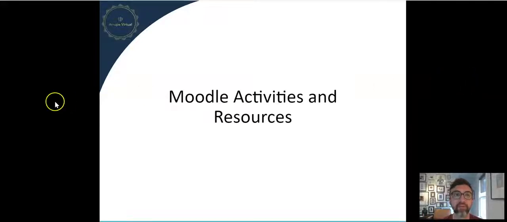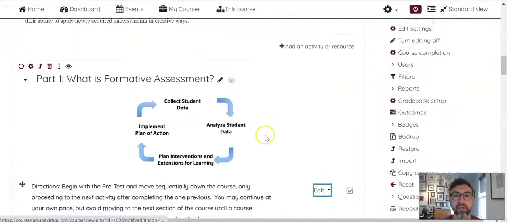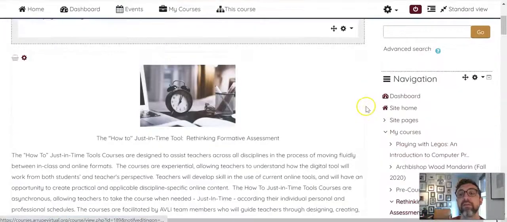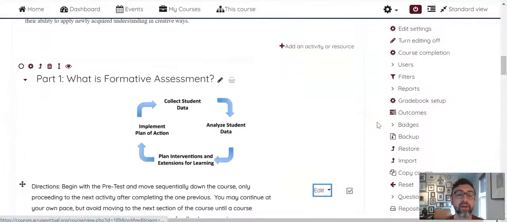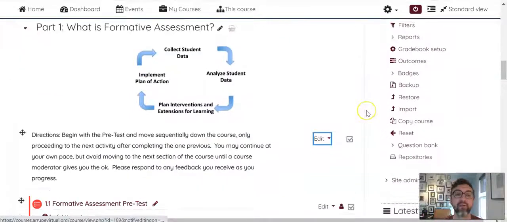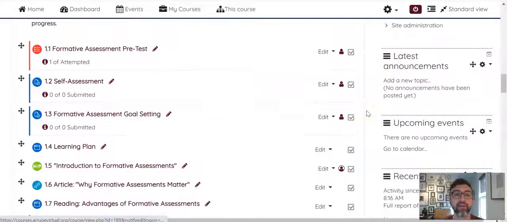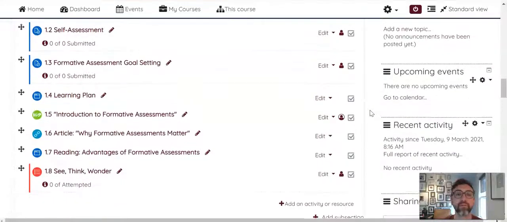So let's take a look here at a course that I created over the summer. This is a just-in-time course. So this is a type of course that is good for professional development, but not exactly for AVLI students, because this is the type of class that you kind of set and forget. You make the class how it goes from the beginning to the end, and then the taker of the course, in this case, would start and continue on as they saw fit, and the administrator of the course, the facilitator of the course's job is to go in and just give feedback as they do it. So this is kind of not the model of course we would use, but this will work perfectly for